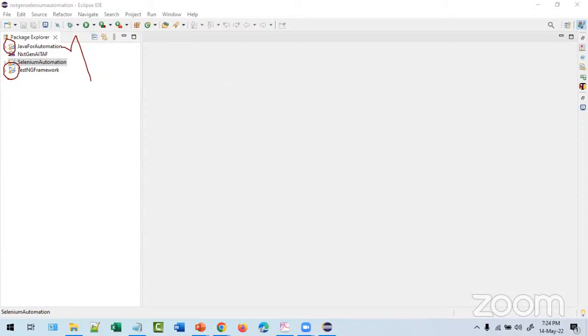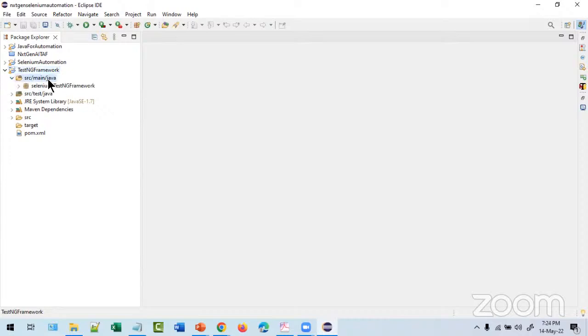Sometimes when you enter into automation projects, so many projects will be there. Mostly Java projects, they will try to do it. Don't get confused. Try to pick the Maven project. We are creating Maven project M. And this is the folder structure. And this is the same folder structure used by the developers also.